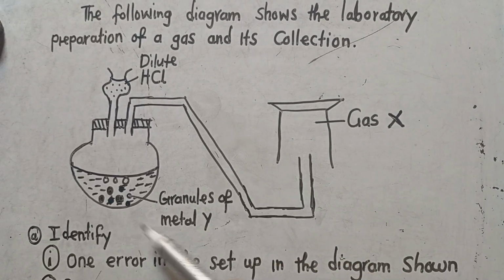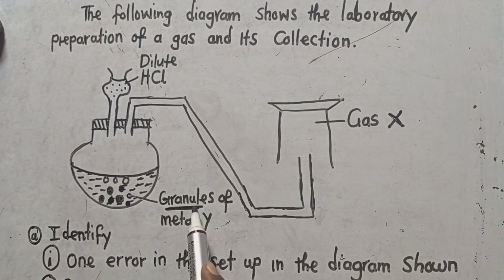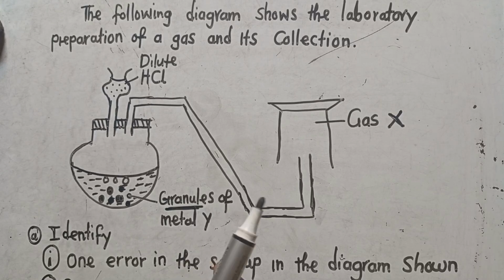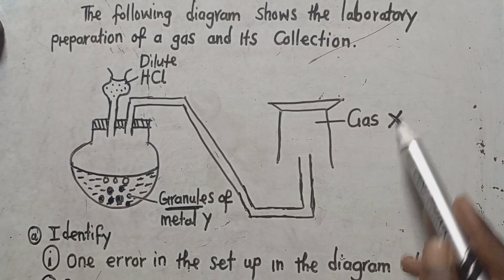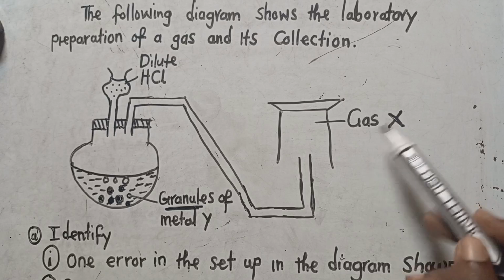Whenever we are talking about a granule, maybe someone doesn't know what this word means, you need to understand that this is a compact particle of a substance. In this case, these are for zinc. Mainly we get to use zinc, so we can put them as zinc. That is dilute hydrochloric acid there, and the gas is being produced this side.